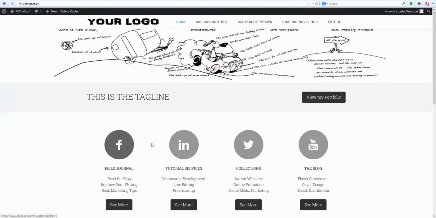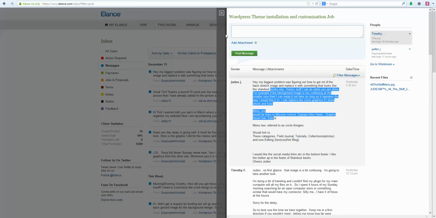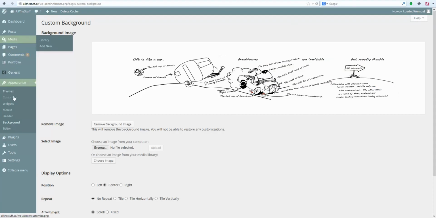So let's talk about these social icons right here. The theme has it set up. These are social icons. I didn't realize that you're going to be changing these to your own graphics, so I'm going to show you how to do that as well. If you want to change all the graphics, I'll help you out with that. But where are we at? From the dashboard,